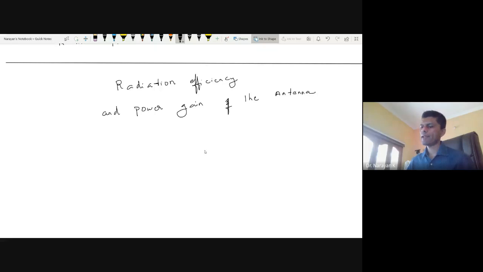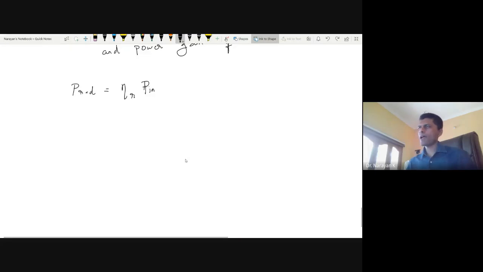So I can write power radiated is nothing but efficiency into input power. Power radiated is efficiency into input power,